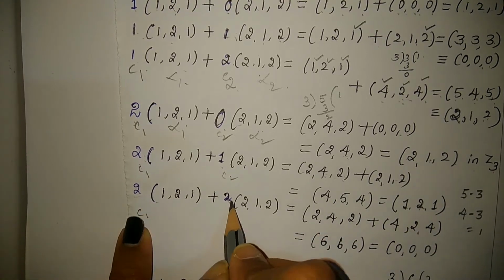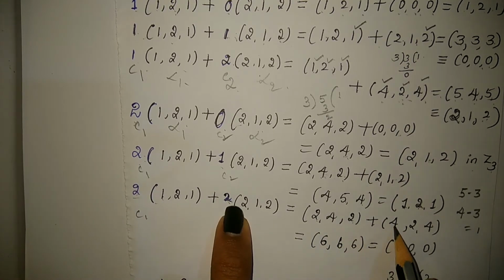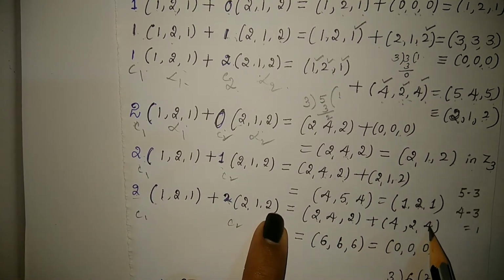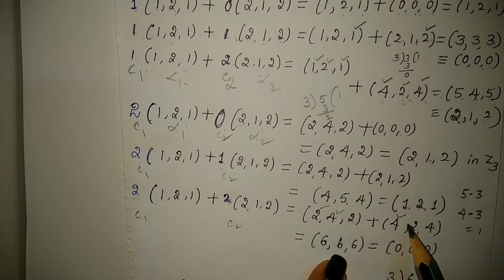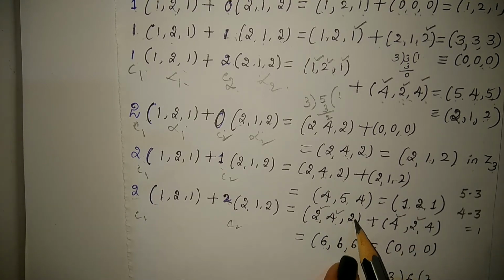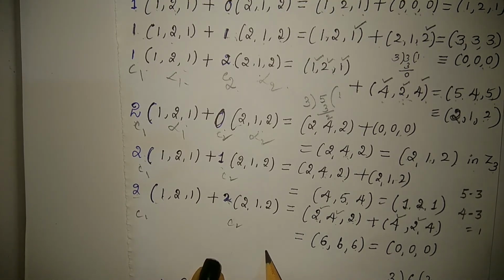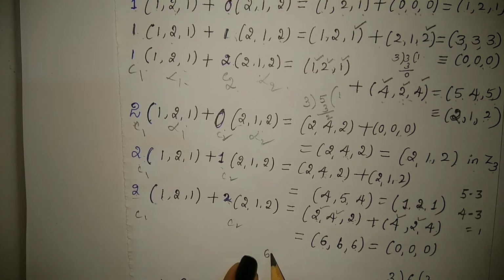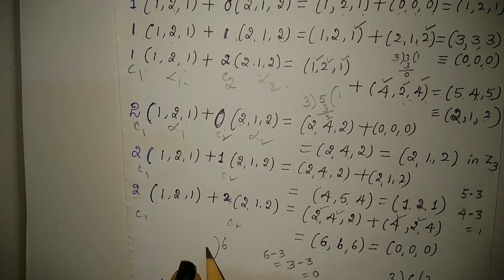So last, 2 with 2. 2 1s are 2, 2 2s are 4, 2 1s are 2, plus 2 2s are 4, 2 1s are 2, 2 2s are 4. Then if we add first and first, 2 plus 4, 6. Second and second, 4 plus 2, again 6. 2 plus 4, last, that is 6. 6 is not an element of Z3. So again, divide. Here, don't do 6 minus 3, then we again get 3. Then 3 is not an element of Z3. Therefore, again subtract 3. So we get 0. Okay. So for that, just do like this.